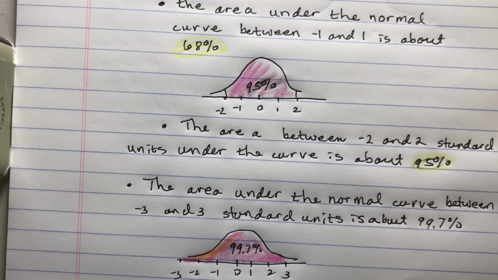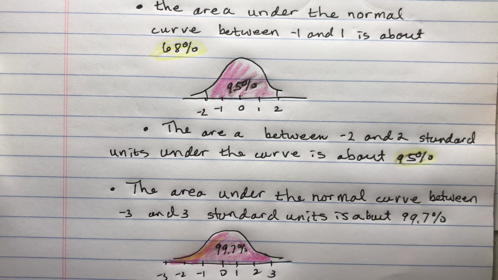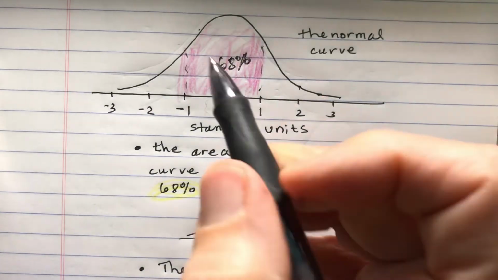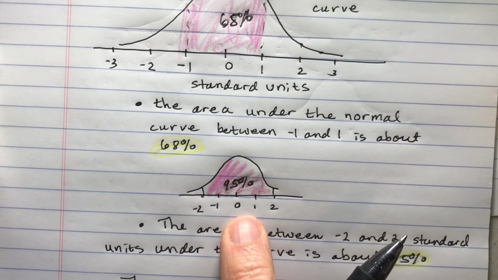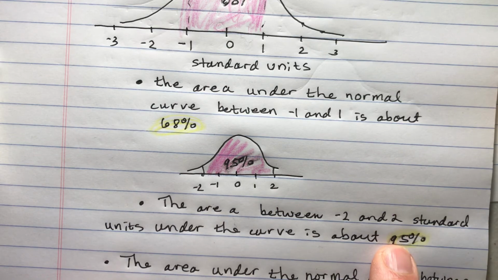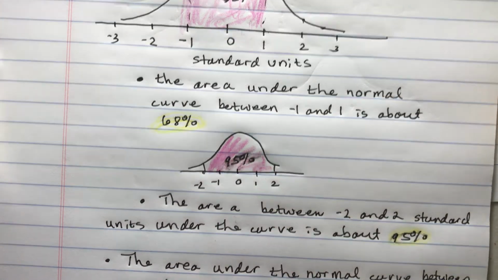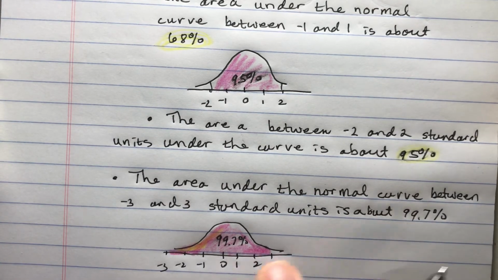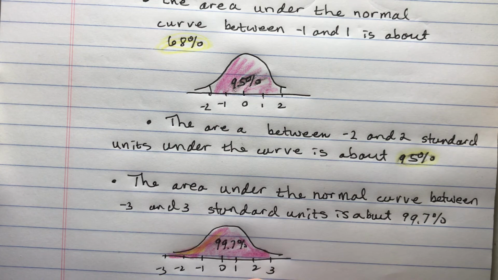Okay, so let's go through those numbers. We have 68%, which is within one standard deviation or one standard unit. We have 95% within 2 standard units. And we have 99.7%, which is within 3 standard units. My drawings are done by hand, so they're not that good, but those numbers are